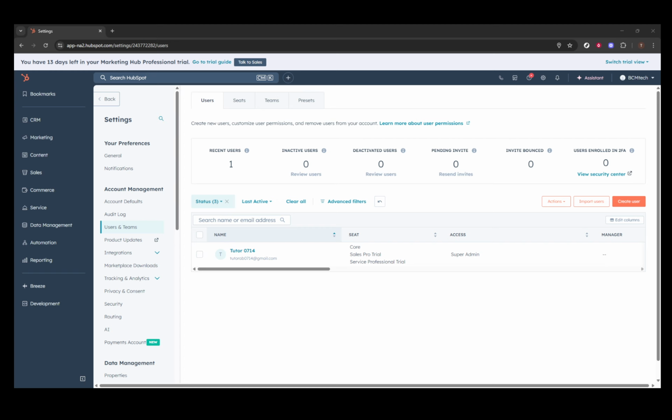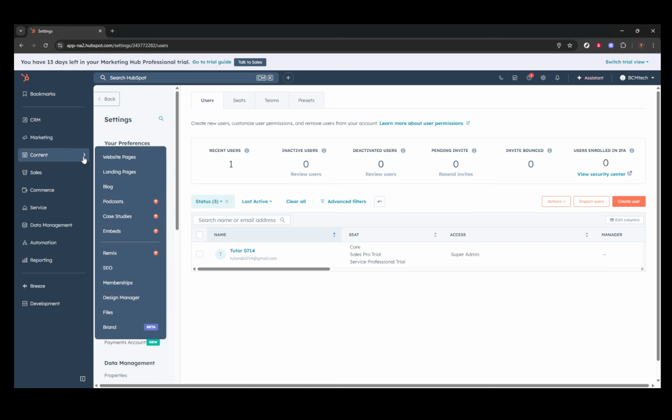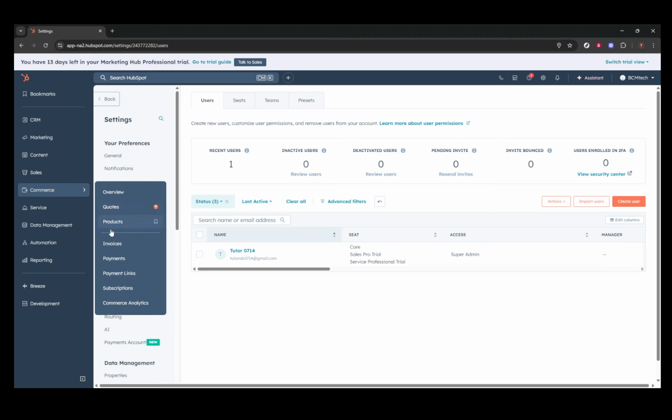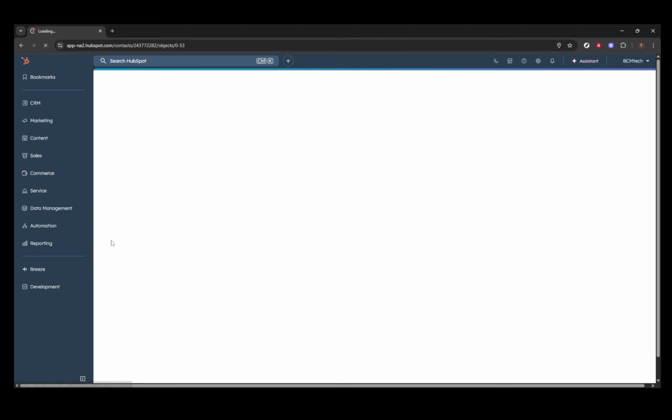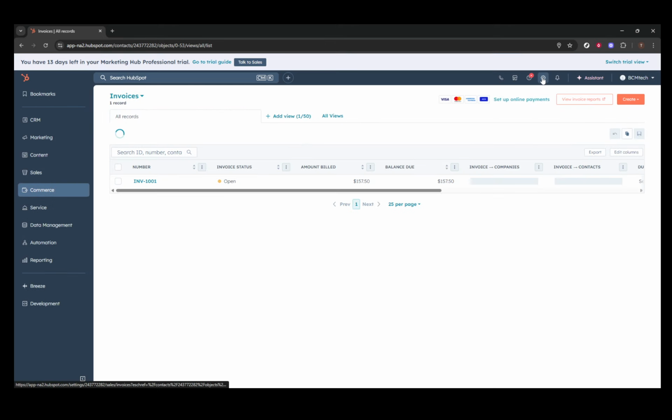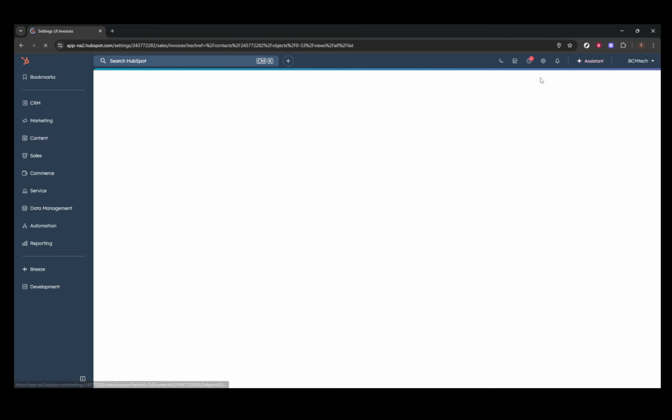First things first, before you start issuing invoices, it's important to ensure that your HubSpot system is set up correctly. To begin this one-time setup, head over to HubSpot and navigate to Commerce, then into Invoices, and find the Settings tab. This is where you'll manage who in your organization can have access to the invoice creation feature. Only users who have been granted Invoices permission will be able to create and edit invoices, so make sure you